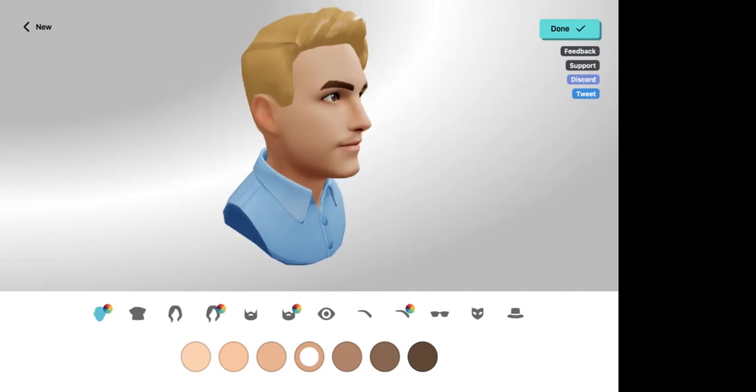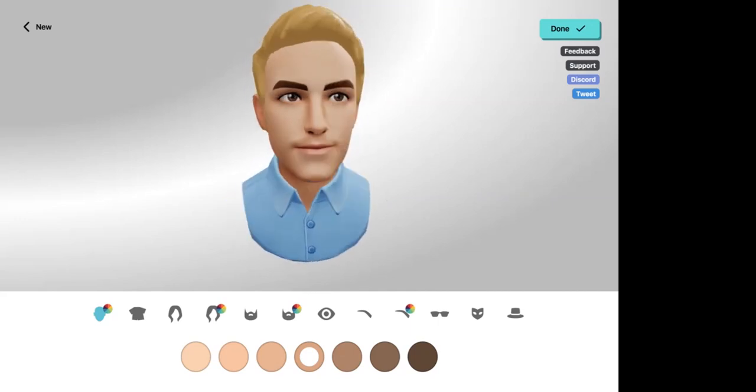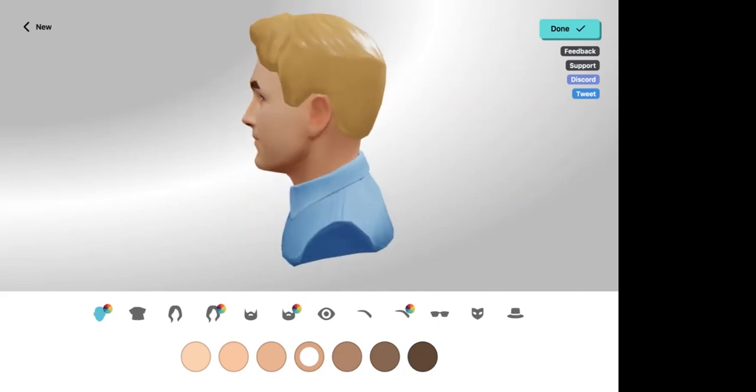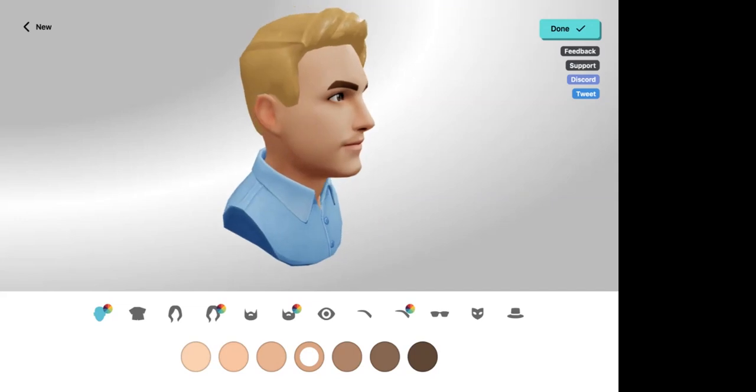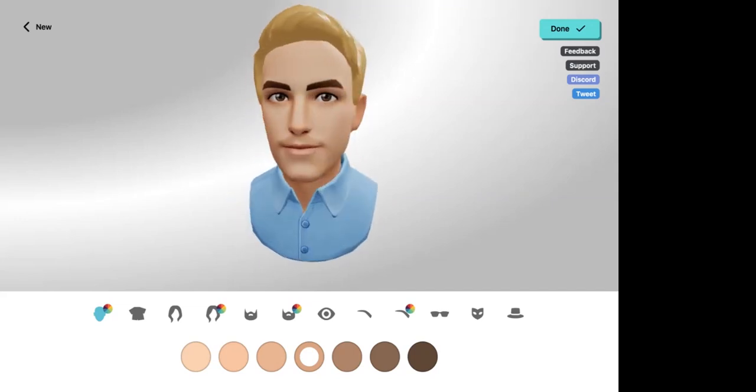Be sure to choose half body. Thanks for that in the chat. Hubs does not support full body avatars. It's half body. Other apps like VR Chat support full body avatars. If you're in Hubs and you're wearing a headset, I'll tell you more about that. You will have hands, but most of you today are going to be using a computer, so you're not going to have hands. You're just going to have a talking head and bust.